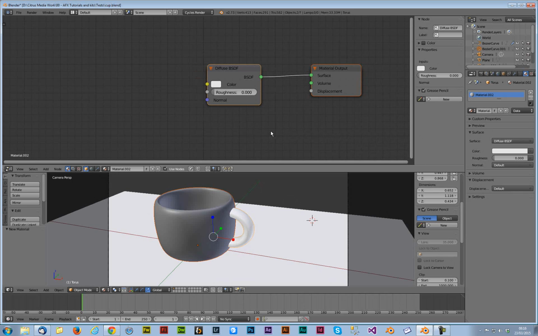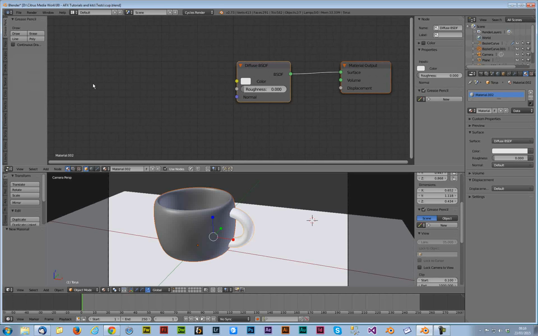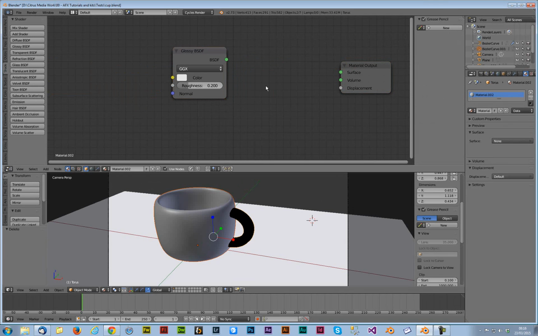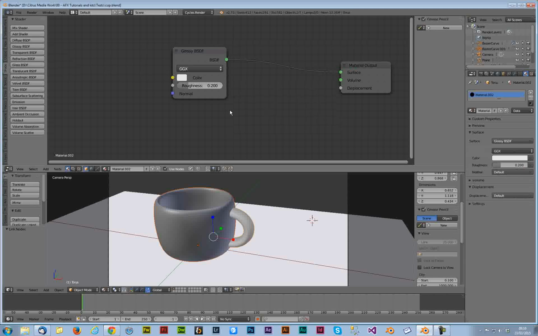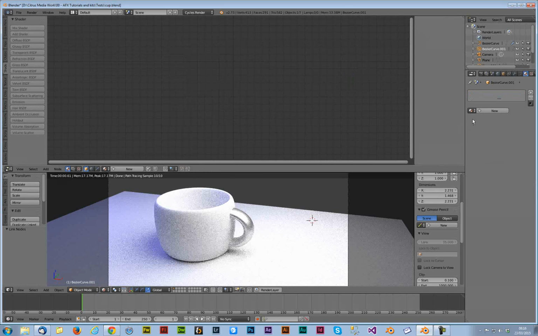So we can do things in there which kind of replicate the real world environment from a materials point of view. So I'm going to make this, we've got a nice diffuse, I'm going to make it a white cup, that's fine, but I'm going to make it a bit reflective as well. So I can create a glossy shader, delete the old one, just squish that straight into the surface. And if I just go into my rendered view down here, you see now that actually it's only applied it to the cup's handle. So let's just make sure it also applies it to